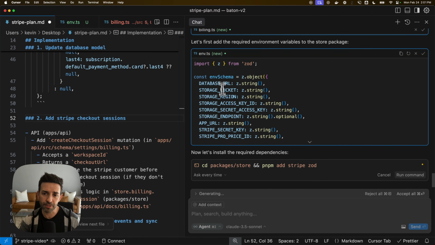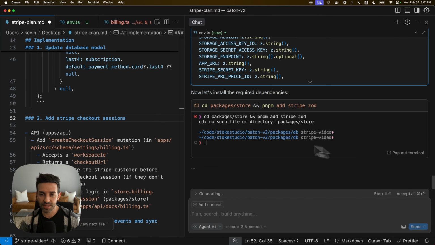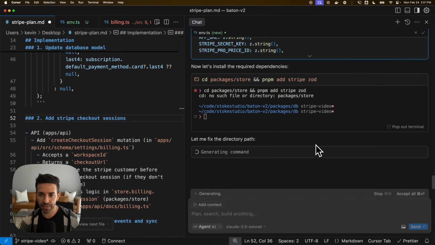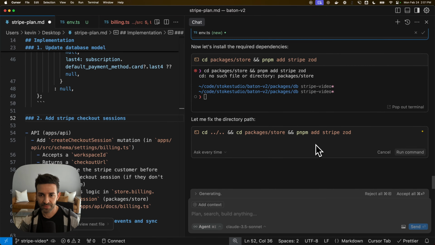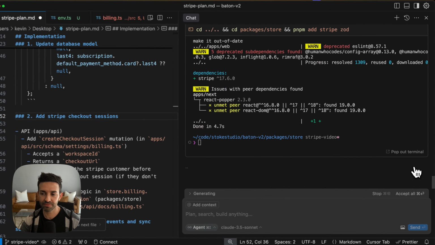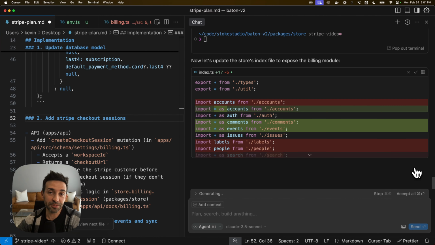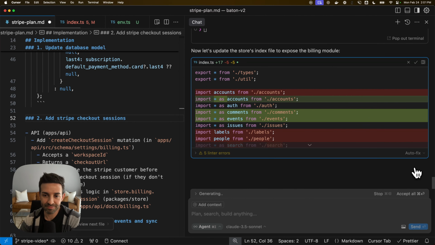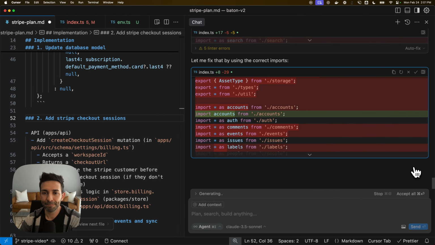Oh, this environment file is new. Oh, well, thank you, Cursor. Okay, so let's run this command. I don't mind adding Stripe and Zod packages. It was not in the right directory, so it's realized that. We'll try this again. This video may ironically include very little coding by hand. Okay,